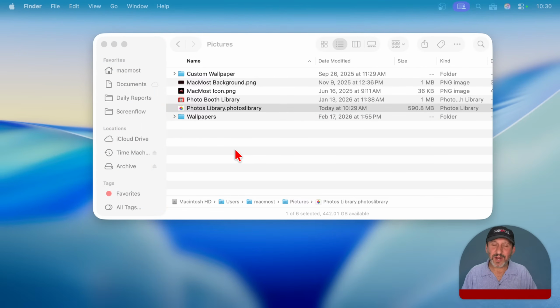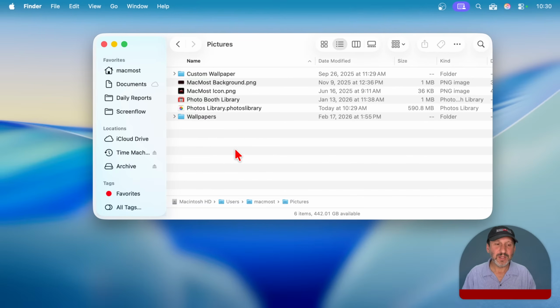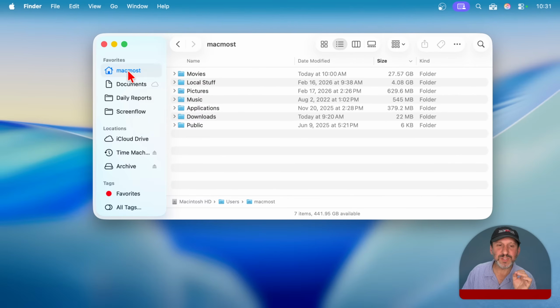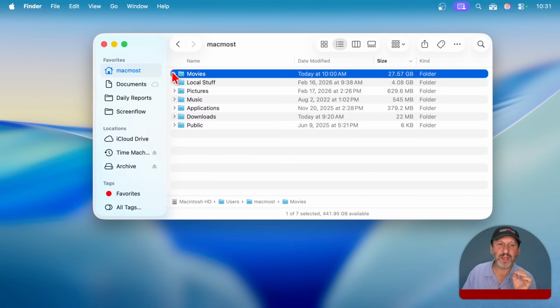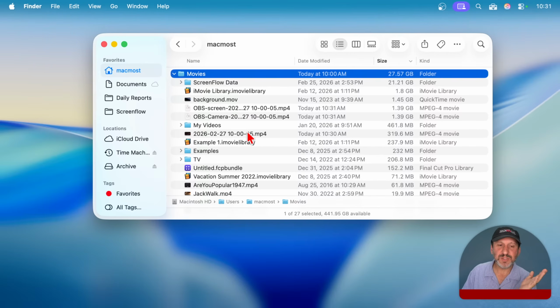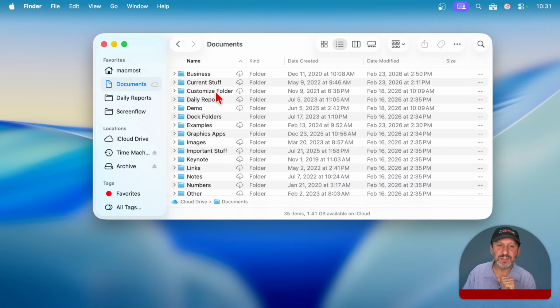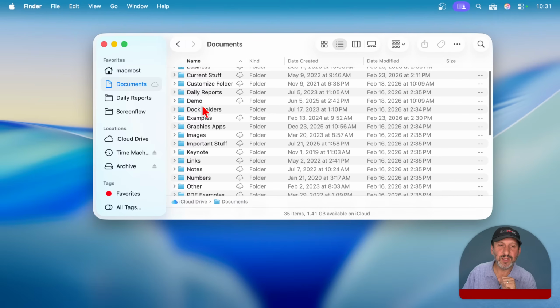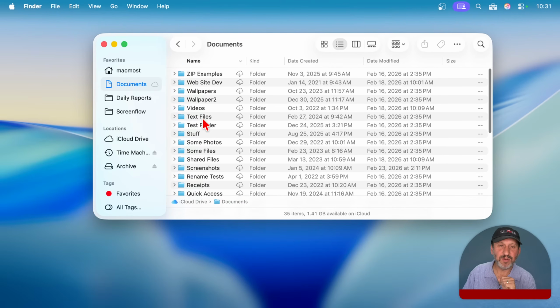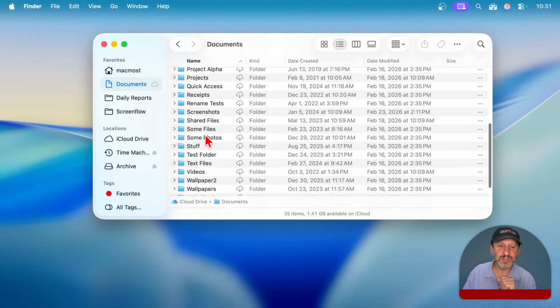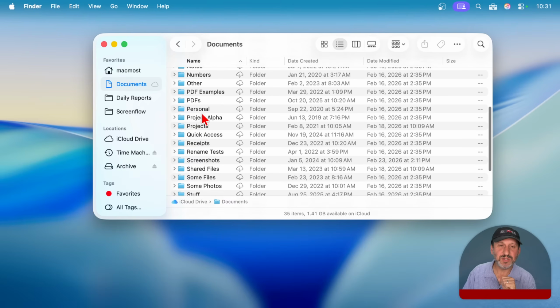Let's talk about what I just said about archiving. So what do you do when you've got files that you see, like you're looking in here, and let's look in movies, and maybe you see you've got an old iMovie project library here. Maybe you've got a Final Cut Pro project here. Maybe you look in documents and, sorting by name here, you've got projects,